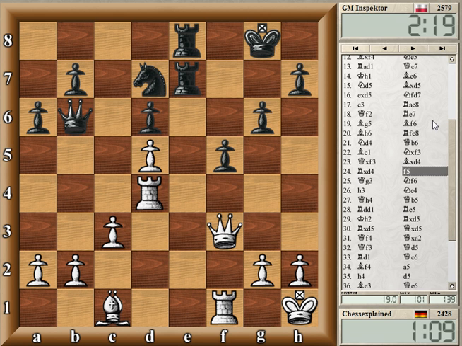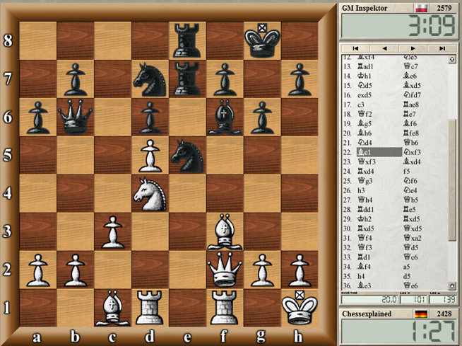This shouldn't be so bad. Would be surprising if it was, I think. Okay, it's got the open e-file, yeah. Maybe I need to play bishop g5 or something, prevent knight f6. It's not the position type I have often. Yeah, maybe this was really okay for black. It's possible. I don't think I would have played this way, but